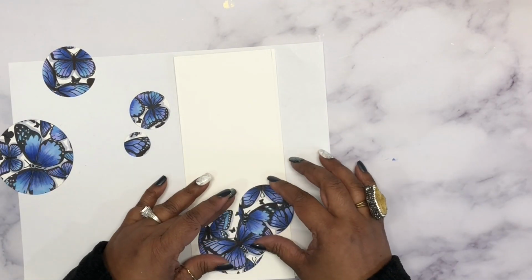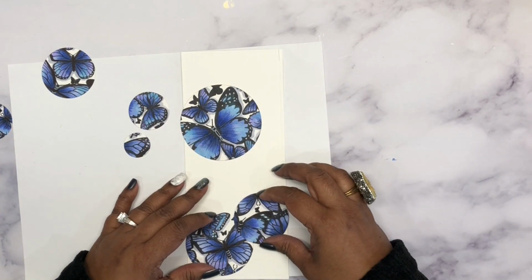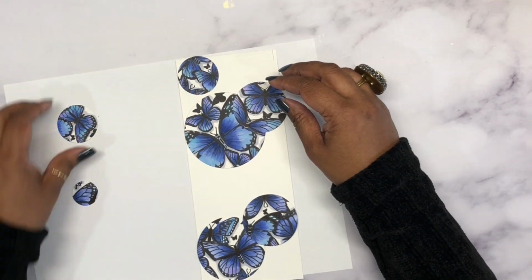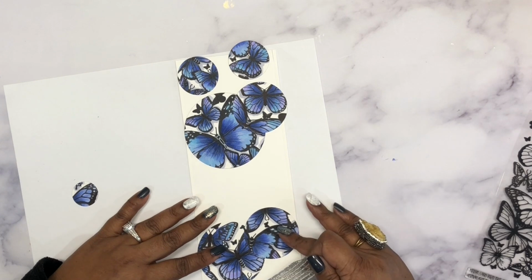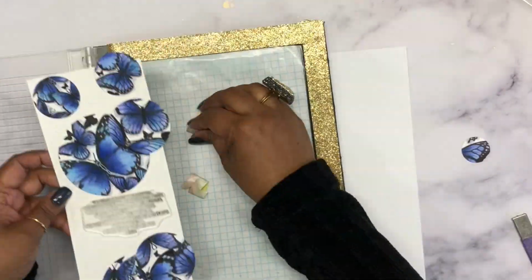So I'm creating a slimline card, and my idea is to show butterflies fluttering upwards. So I'm just building this scene by adding those circles in different places and different sizes all over this slimline panel. And then I'm going to take this sentiment from the stamp set, and the sentiment reads, "You were born